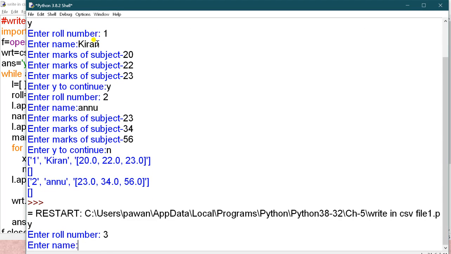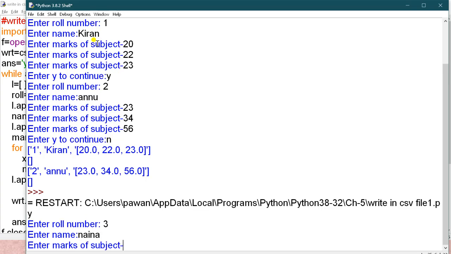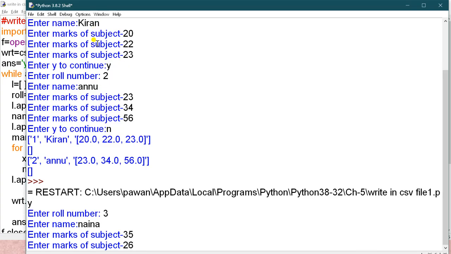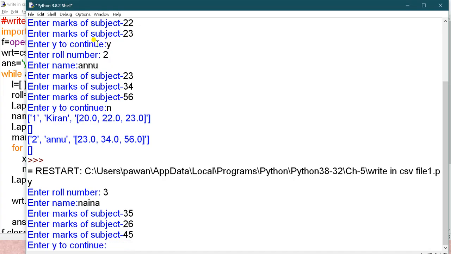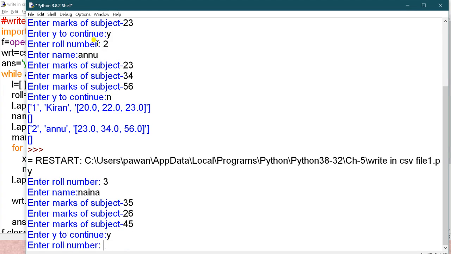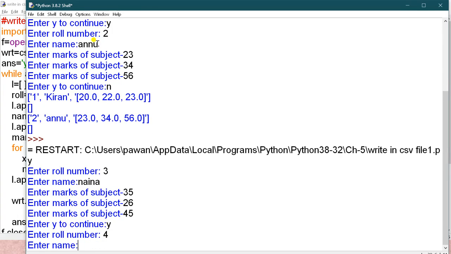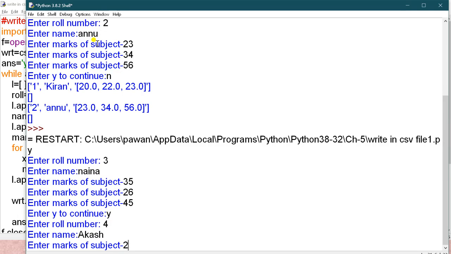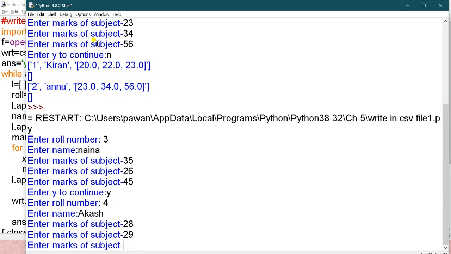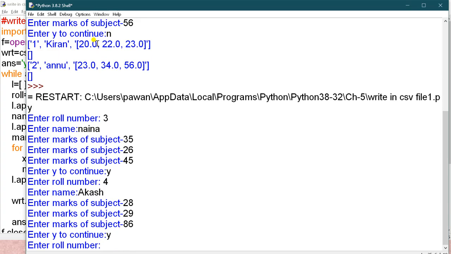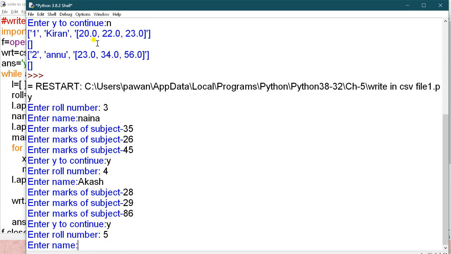So here I am entering the name Nena, and the subject marks. Yes, you want to continue. Roll number 4. Now the name, and now the marks. Okay, one more. Yes, I want to continue. Roll number 5.